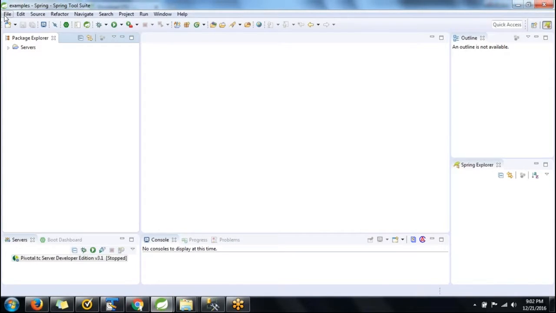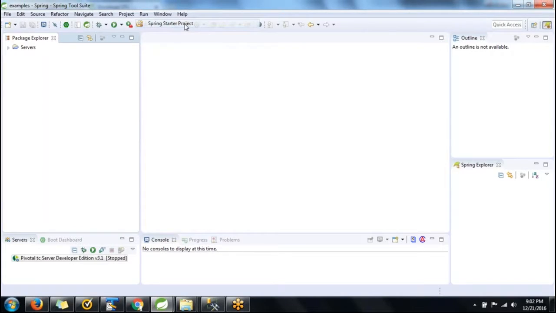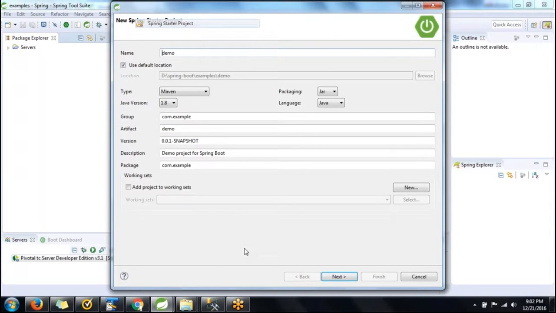So first of all, once you open this IDE, go to this file section. Okay, and after that here you will find this new. So here you have to select this Spring Starter project. Okay, and here you can give some name. Hello world example Spring Boot. Let us put it a bit easy. Spring Boot